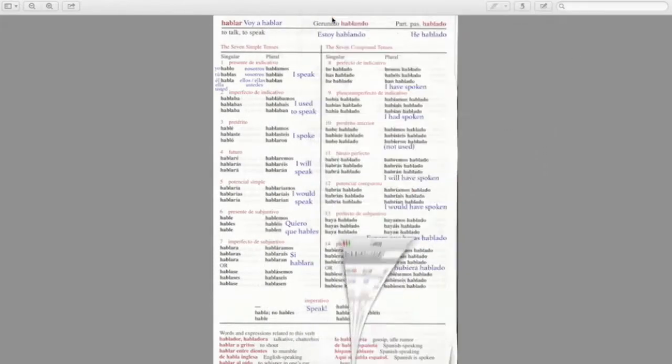So we're just going to mainly look at hablar, and I've even gone in and labeled these in English, so you know, as a key, as a guide. So here it is. This is one page. It's hablar, to speak. So let's start with this and talk about exactly how you can best use this book.